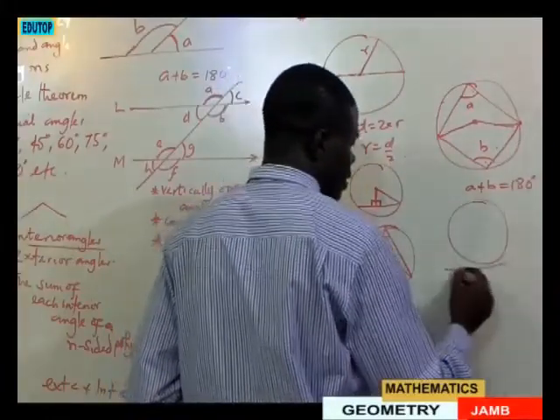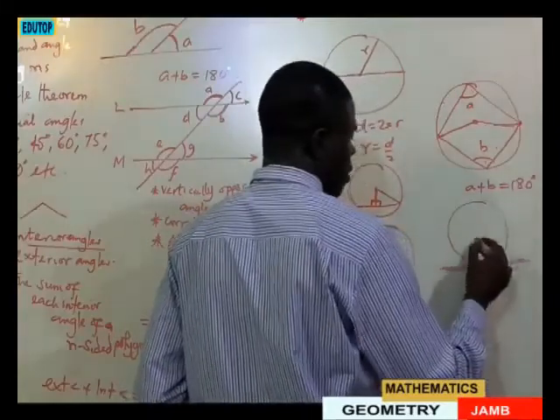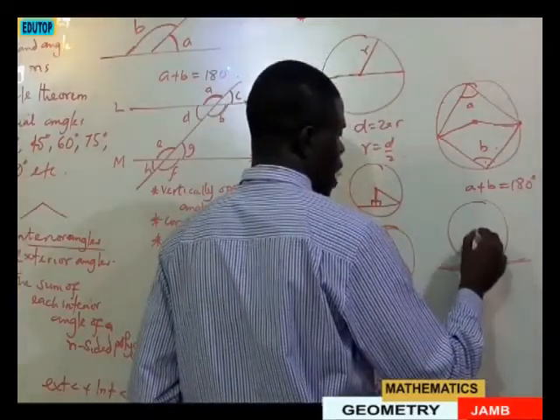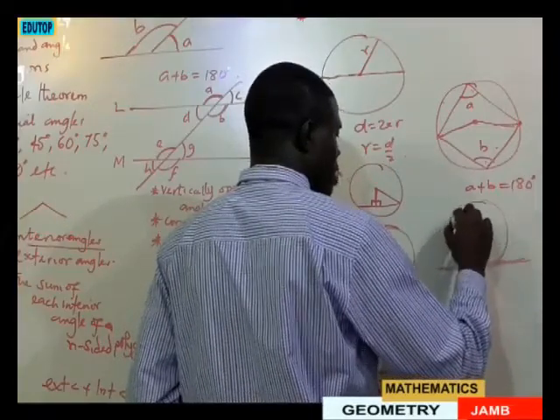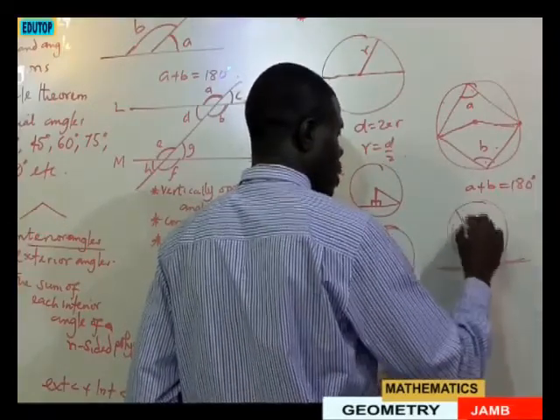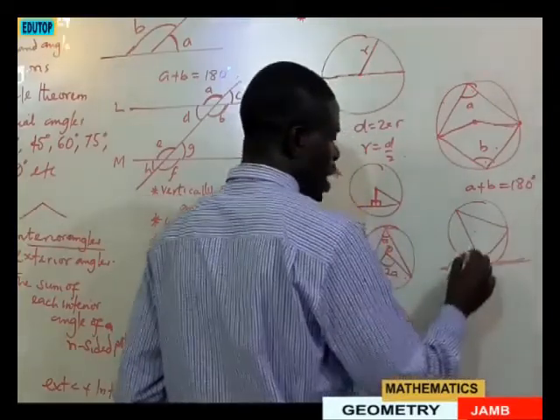...makes with a tangent. Let's say this is a tangent. The angle which a chord makes with a tangent is equal to the angle in the alternate segment. So let's say this angle,